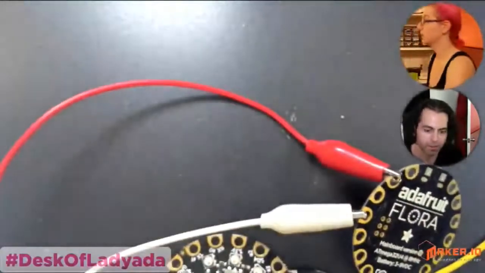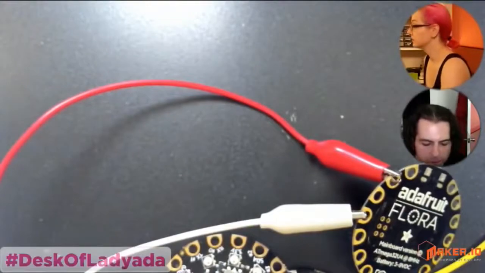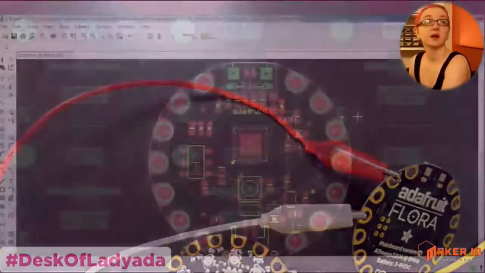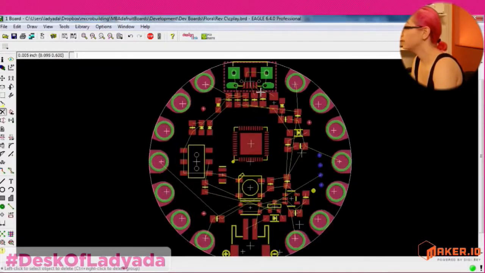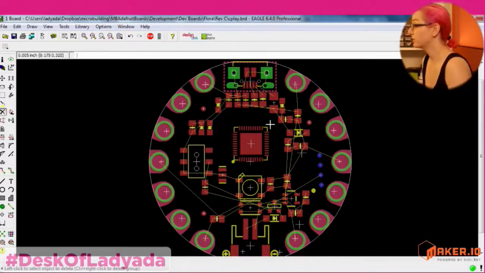Okay, so let's go back to the computer. Okay, so this, let's get rid of this. So one thing I'm going to do is most of the power supply is actually very similar to Circuit Playground and Flora,